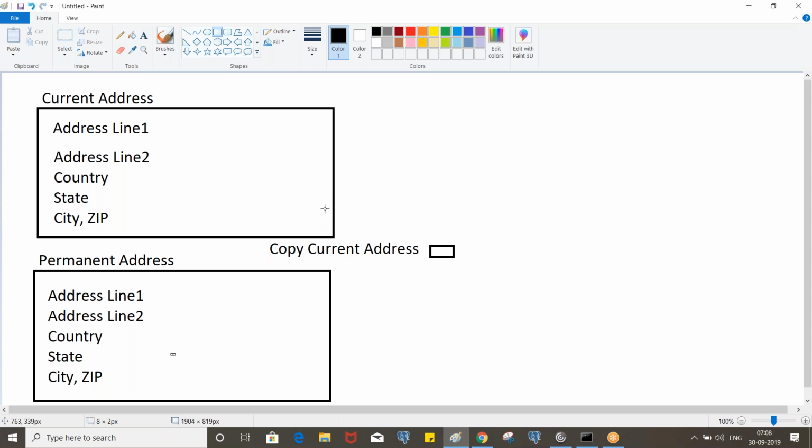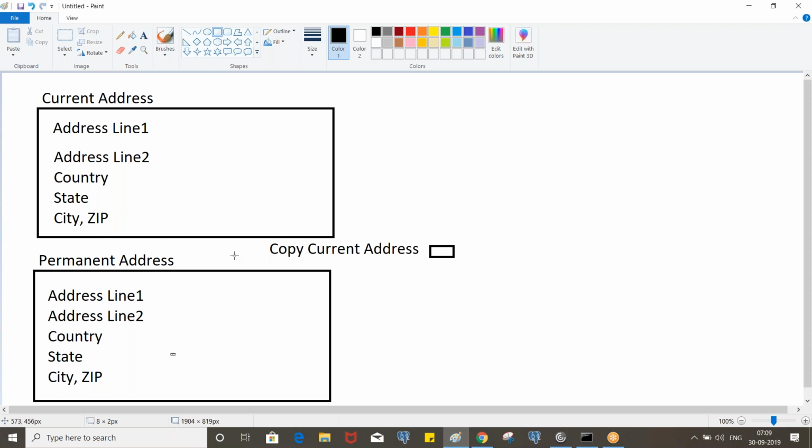Okay, so what we do is we create a separate data class called address details with these properties, and we create two different pages like current address and permanent address, and we use those properties through page reference. So current address dot address line 1, and permanent address dot address line 1. So is it different or the same?